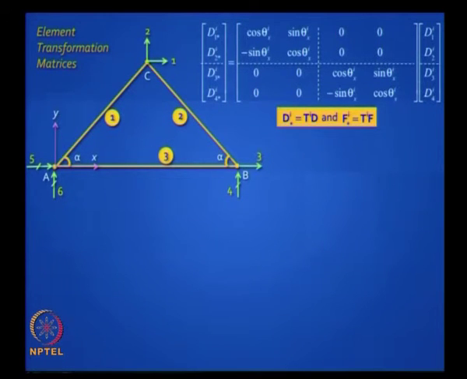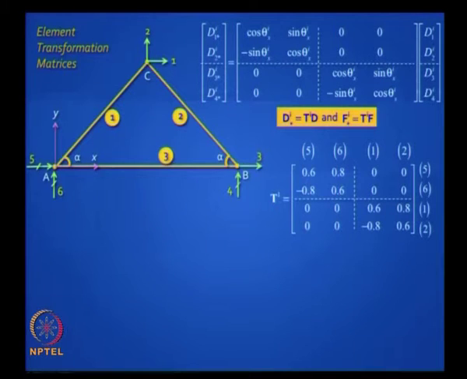As you rightly said, this is how the TD matrix will look. Then what? Then you just generate it, that is all. Let us say the first element will look like this, because you have already got the cosine and sine values from the previous table, but now your job of putting the linking coordinates correctly starts. You got this matrix by substituting cos theta and sine theta for the first element, but the first element is linked to 5, 6 at the start node and 1, 2 at the end node. So you have to put those linking global coordinates here.